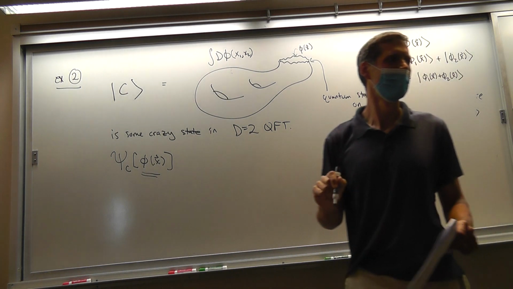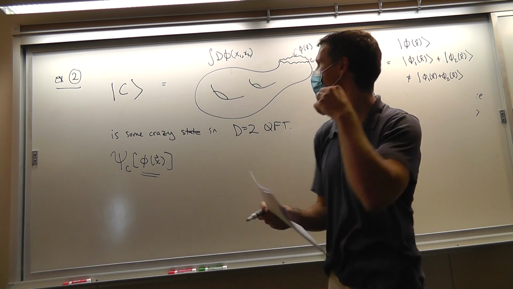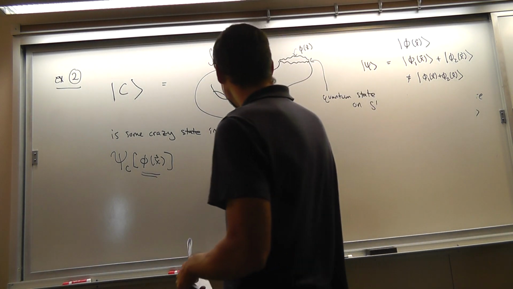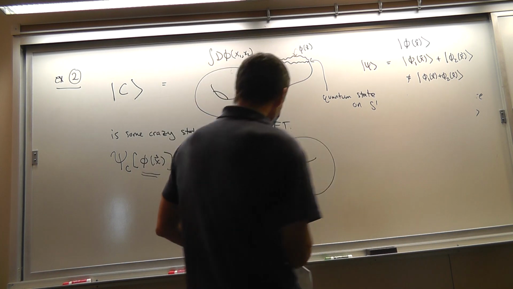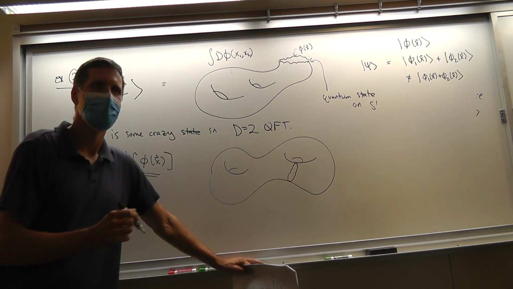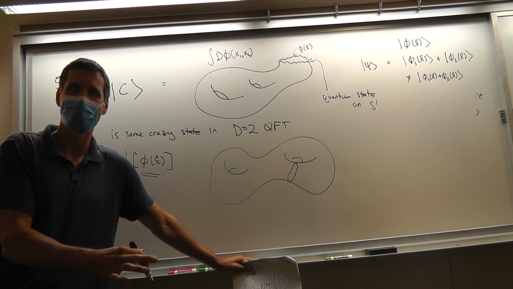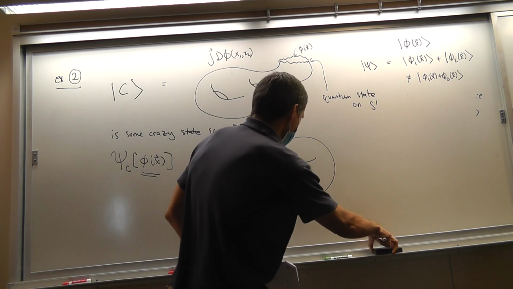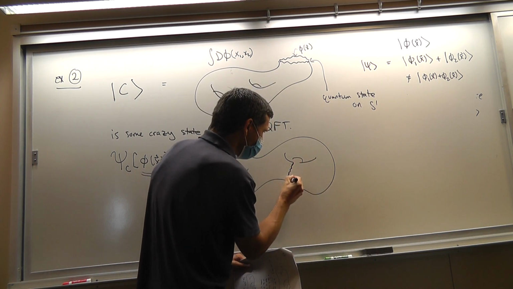Yeah. I don't know. What restrictions are there on where we make our cut? So what if we made our cut through the hole? So it almost looks like there's two. So what if we took this and we decided to cut it here? Is that the kind of thing you have in mind? Yeah. Okay, so you're perfectly free to define that path integral, but that's not a quantum state. And the reason that's not a quantum state is because when you cut on something like that, you actually get two boundaries